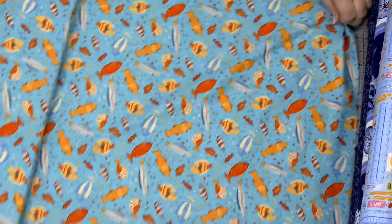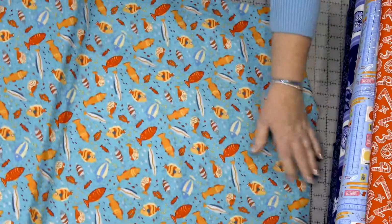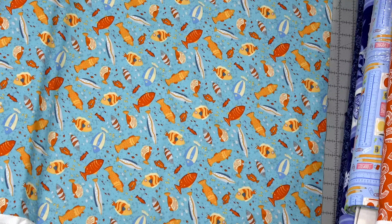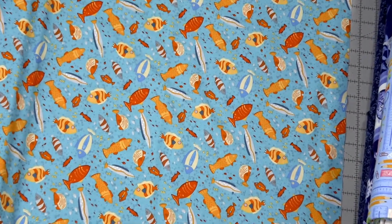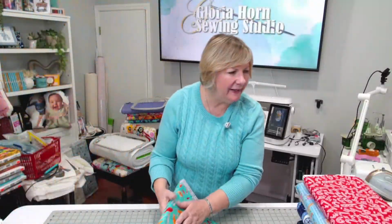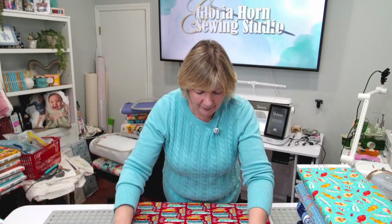Now this line was from Henry Glass. It's fish. It's called Surf's Up. So it's all different fish with an ocean blue background. Little tiny fish and bigger fish. And only $6.88 a yard. This one is so cute. This one is from our past. Remember I said